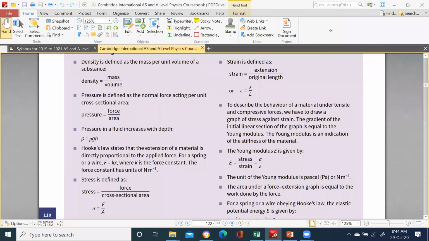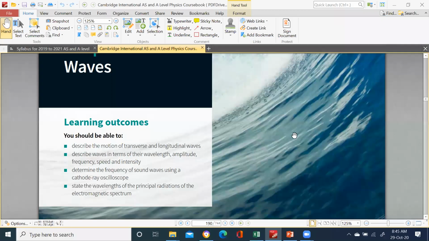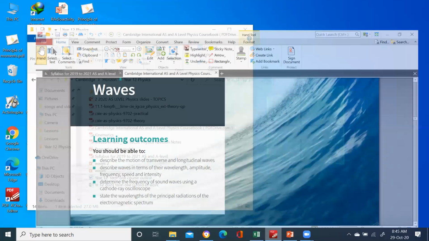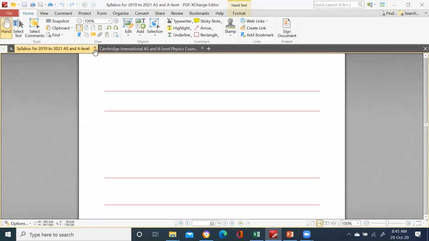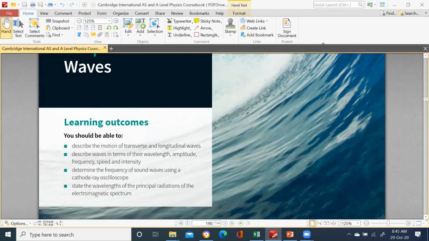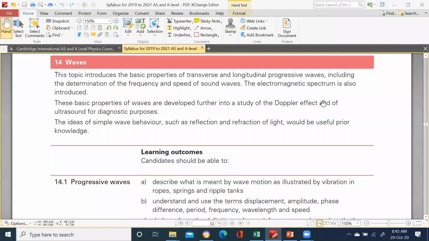So today we want to look at another topic or another chapter, and that is waves. So today morning, this is what we're going to be looking at, waves, and we look at our syllabus. I'm hoping that everyone can see clearly what I am showing you right now. So in this topic of today, waves,